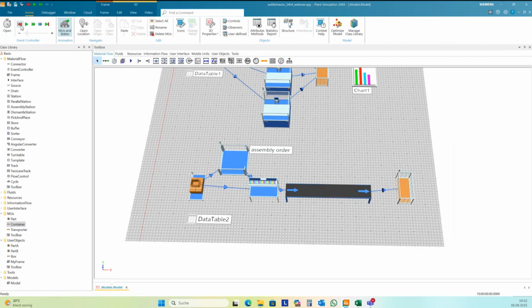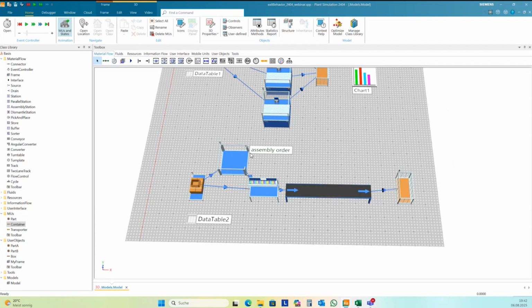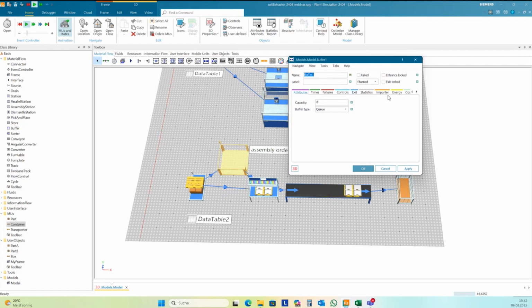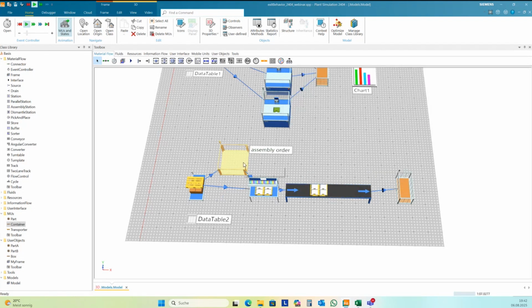And that's okay. I make here 1 second. And then you can see, okay, it works. Okay, we don't see here the assembly parts, but we can see in the statistics that it's going through this buffer. And so you can use this exit behavior also for this kind of thing.